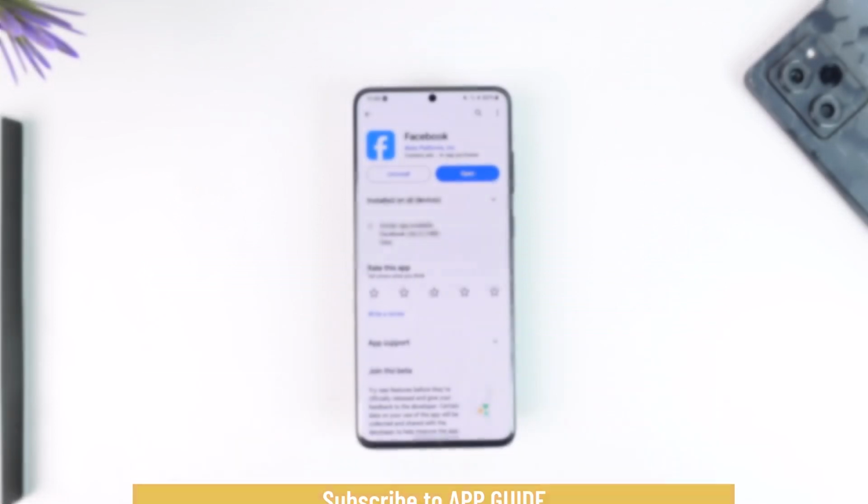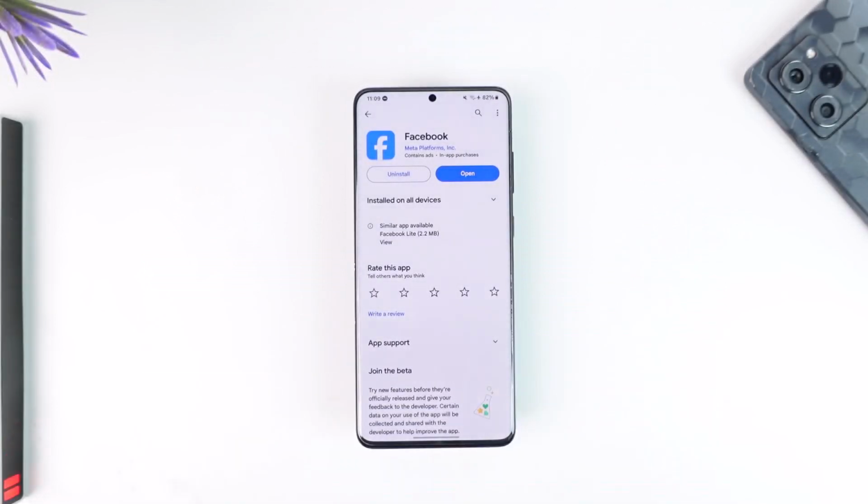In this video, I'm going to guide you through the steps on how you can turn off professional mode on Facebook. So make sure to watch the video till the end. If you had enabled professional mode on Facebook and now you decide that you would like to disable it,